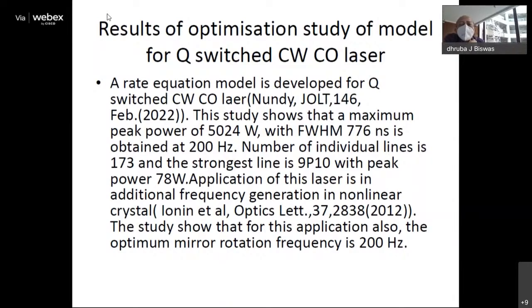In that case, you cannot operate on multi-line. Then you have to have a grating instead of this curved mirror, and you have to tune it. If you use a grating, then you will select only one line. So you cannot have sum frequency generation or things like that. Then it will be only frequency doubling output, so there will be some limitation, isn't it? Yes, that is right.